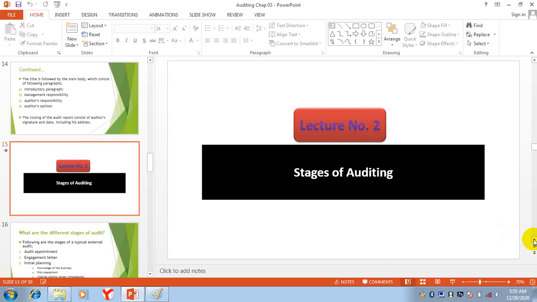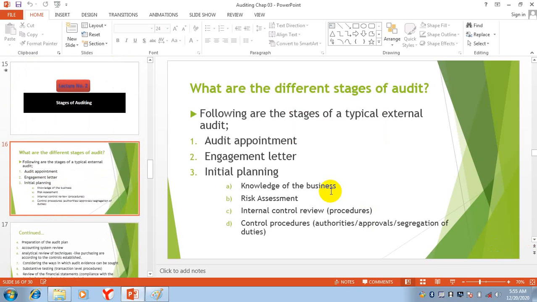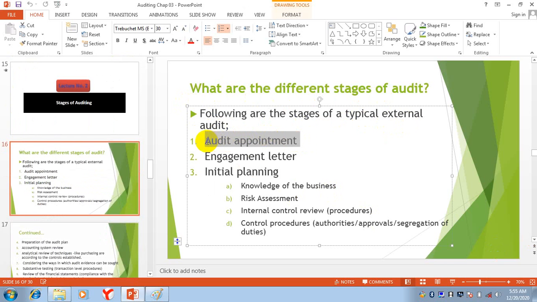Then there are the stages of auditing. What are the different stages of audit? Following are the stages of a typical external audit. The first one is the appointment of the audit. This is the first stage in audit, that there will be an appointment letter.